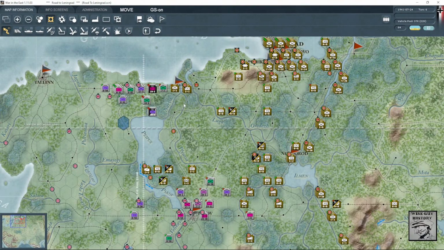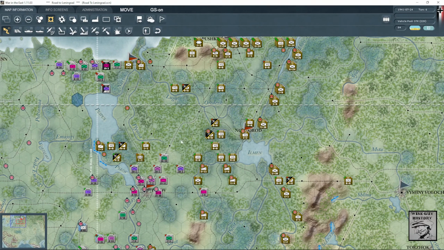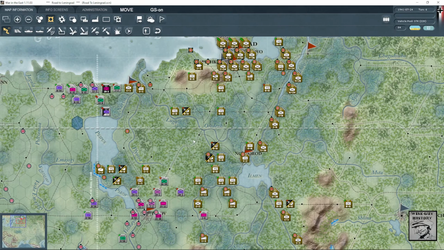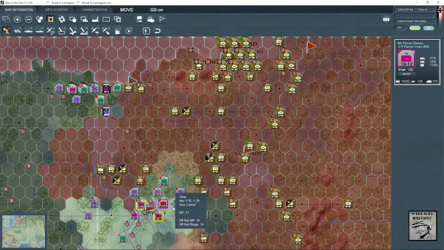Slowly pushing. There's not many Russians in anymore. I've kind of broken through their defensive line there. About to cross the Narva. Okay, a couple of Soviets in here that I could try to pocket. Or I drive straight up, get across the Luga. Let me kind of show you. These guys are running a bit low on supply. They can't go far. So they might be best placed to kind of...